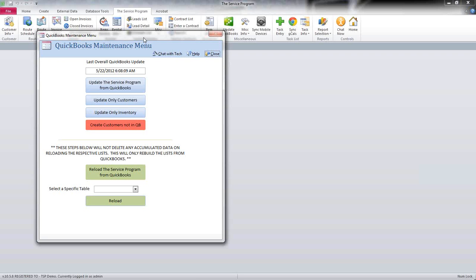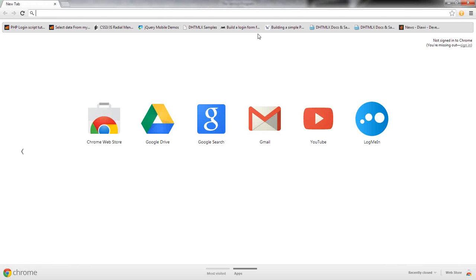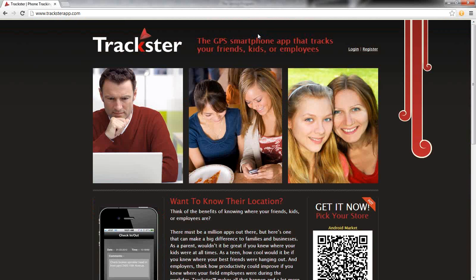The GPS we hear on your messaging system that we're waiting. So now, how does that work? We actually have, just as you get to know us, a lot of different apps out on the market for the service industry. One of them in particular that you're referring to is Trackster, and it's tracksterapp.com. We did develop this,